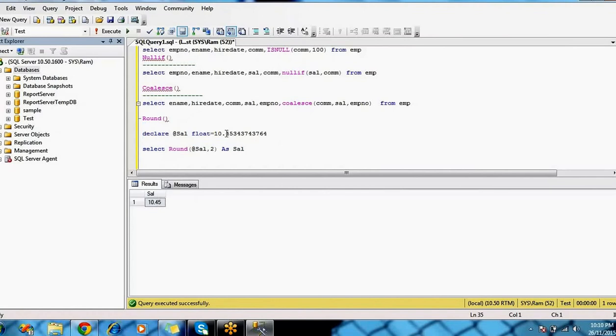If you observe here, it is 4, the point. After the 4, what is the number? It is 3437, right? So what happens whenever it is rounding the value? You want to take 2 digits. After the 2 digits, if the next number is greater than 5, it will take the next rounded value, that is 4 6, it will display. If it is 5 or less, it will take 4 5 only.